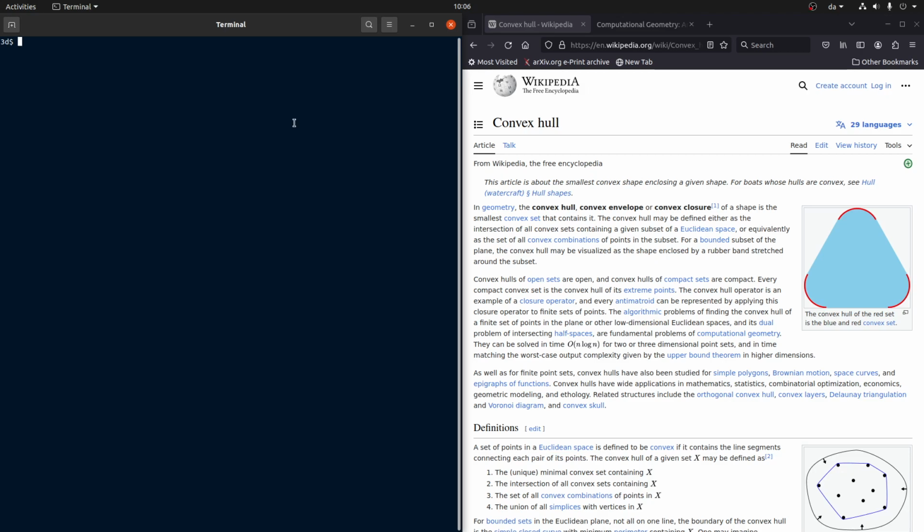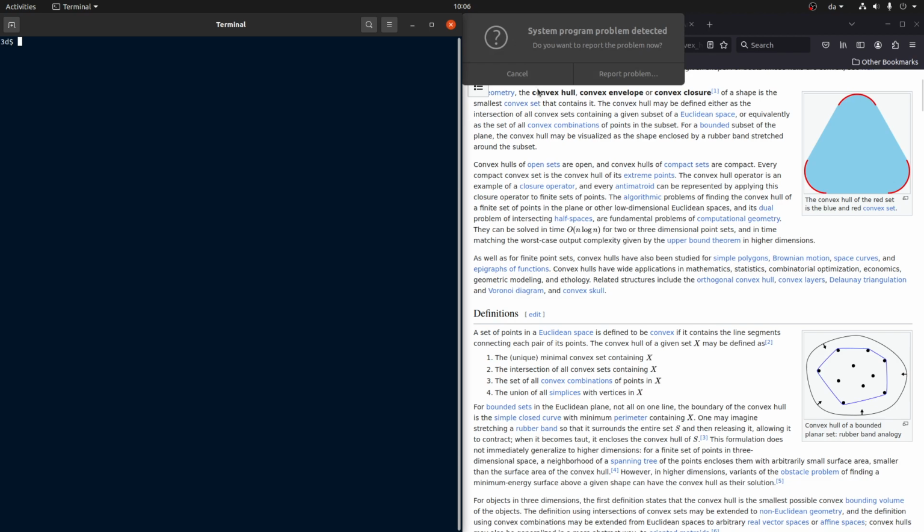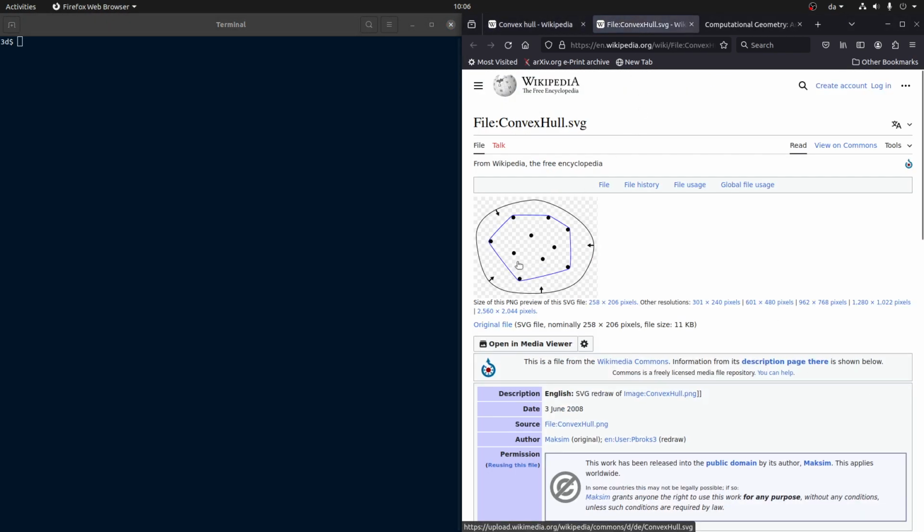Alright, today I want to try to implement something that's called the convex hull. Convex hull is basically a structure that wraps a set of points. So here is an example in 2 dimensions. You have a set of points and you have a